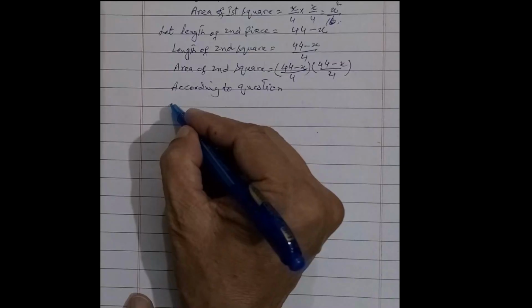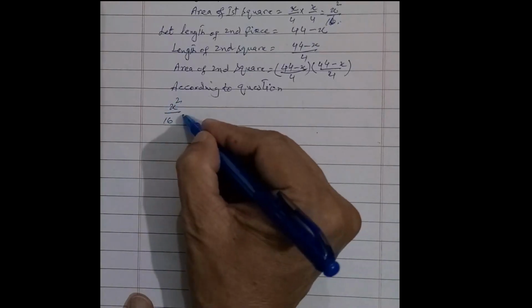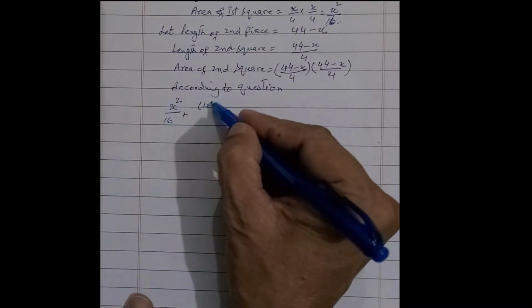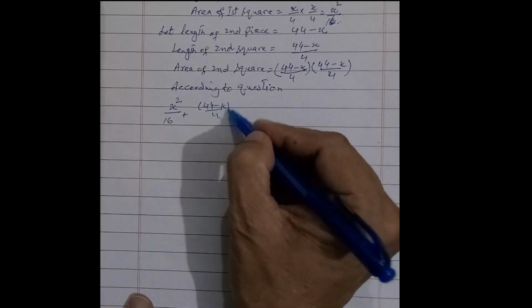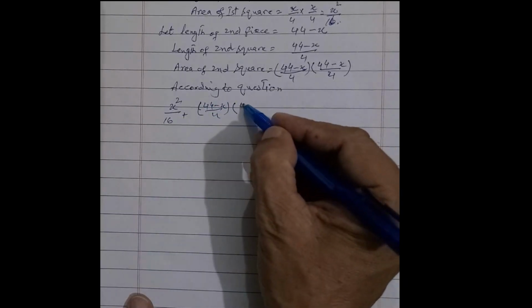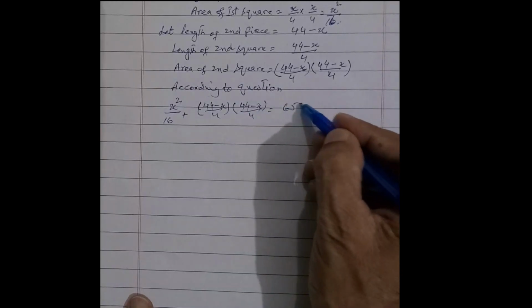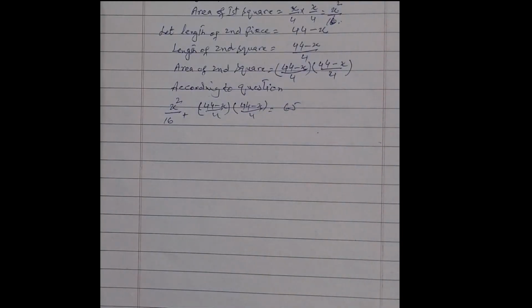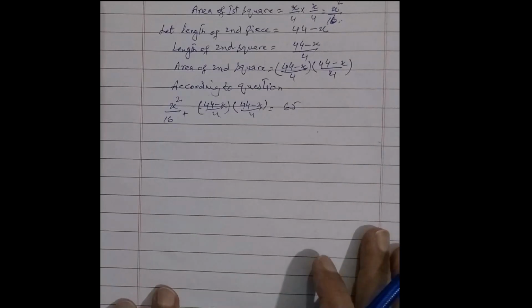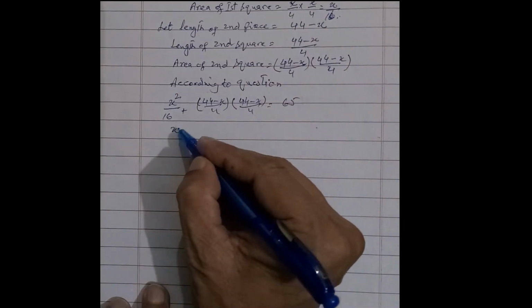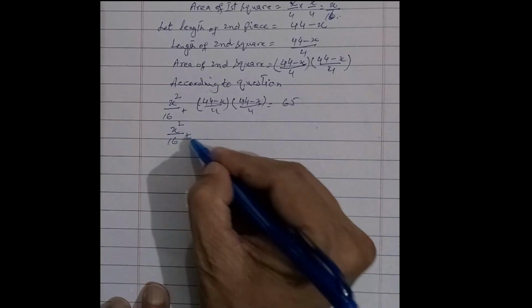हमारे पास आ जाएगा x²/16 + (44 − x)²/16 = 65। सबसे पहले हम इन वैल्यूज़ को मल्टीप्लाई करके इसे स्टैंडर्ड क्वाड्रेटिक इक्वेशन में शिफ्ट करेंगे और फिर उसे आगे सॉल्व करेंगे। लेट्स स्टार्ट।